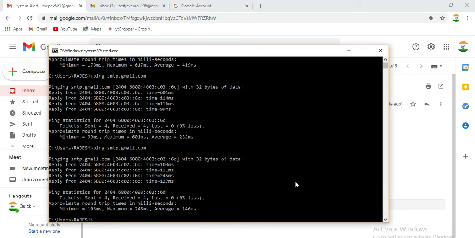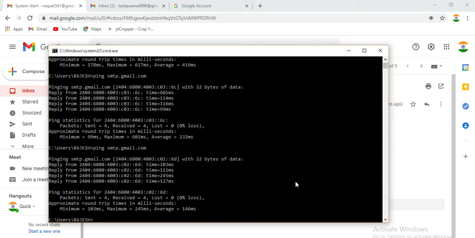In some corporate networks, if you have already worked in a corporate organization, you will know that due to security reasons some companies block Google access or SMTP or Gmail access. If the Gmail service is not running in the network, then you cannot get this program to work. So make sure that smtp.gmail.com is replying.